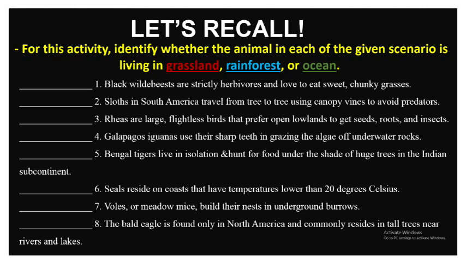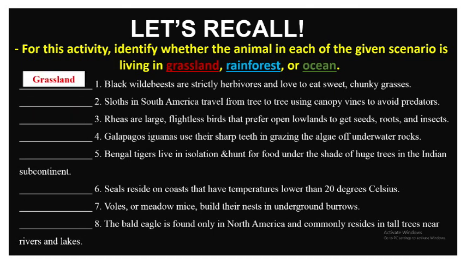Friends, let's recall. For this activity, you have to identify whether the animals in each of the given scenarios are living in grassland, rainforest, or the oceans. So, let's start the activity. The first question is, black wildebeests are strictly herbivores and love to eat sweet, chunky grasses. So the black wildebeests are living in